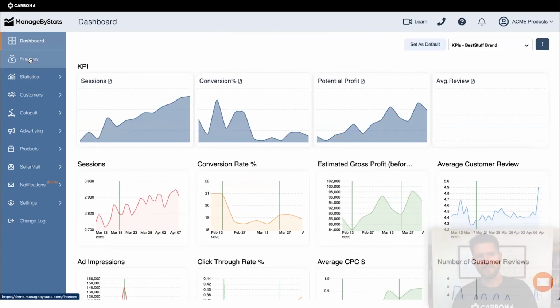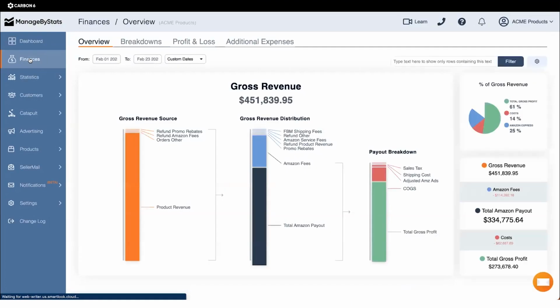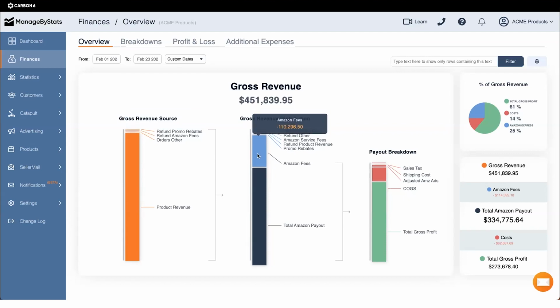After that, we have our finances. This is a nitty-gritty, detailed view of all of your settled transactions on Amazon. This is one of our first tools that we created, which is this breakdowns tool, which I'll jump into in a second. Basically, what you're looking at here is an overview of the breakdown details. You have all of your revenue, the fees that Amazon's taking, what they're giving you as a payout, your cost of goods, your advertising and whatnot. And then at the end of the day, what your actual profit is.